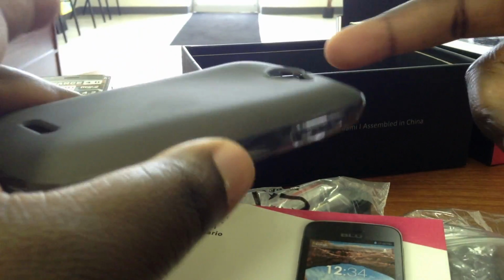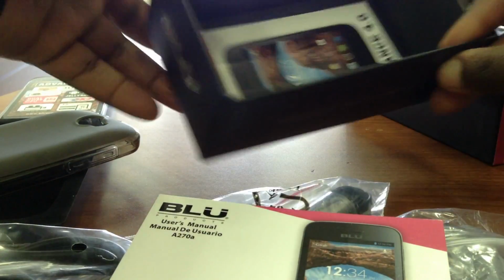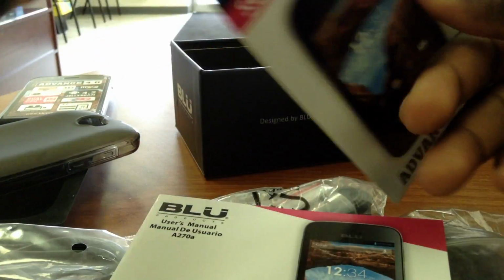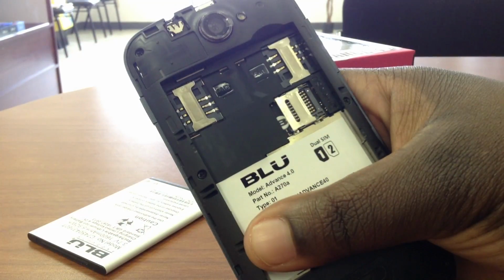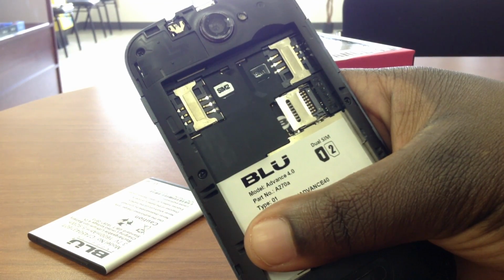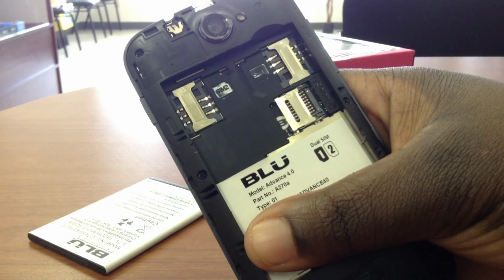And if you're not somebody who likes pouches and stuff like that, then you may want to enjoy the fact that BLU gives out free cases with their products. They also give you a free screen protector, which is also very cool. Now that we got the desk all cleaned up and some important numbers hidden over here under my thumb,